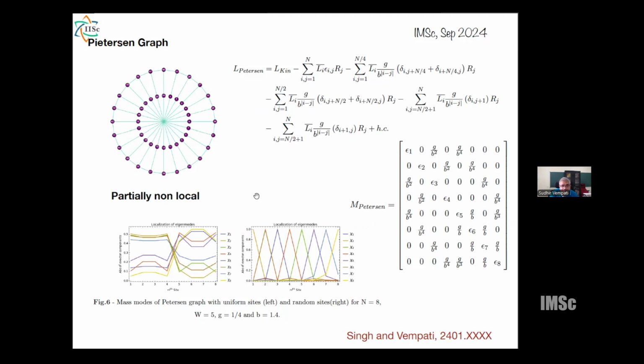if you take all of them to be universal, if the mass matrix, all the epsilons to be the same, all the G parameters to be the same, all the B's to be the same, you get half the modes localized on the left, half the modes localized on the right. Okay, so sort of half of the sites, and in between there is an intersection. So along the left, essentially half, you can see on the left hand side graph. But the moment you put in randomness in all these couplings, you have all the modes localized at whatever site